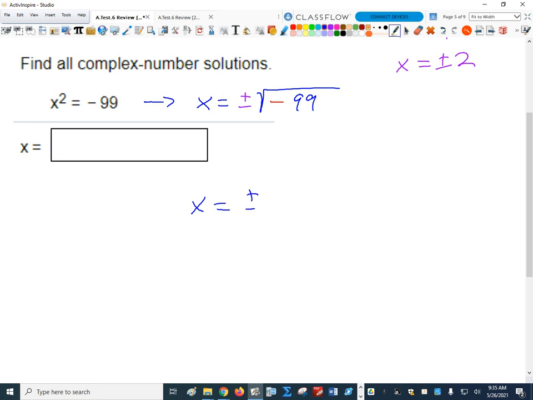Well, we already know that negative inside is going to become an i outside, right? But we still got to deal with the square root of 99. So let's make a factor tree out of 99. Oh, I see what you're saying. So you mean 9 and 11, right? And 3, right? Okay, but what we probably want to do, and that's going to work,